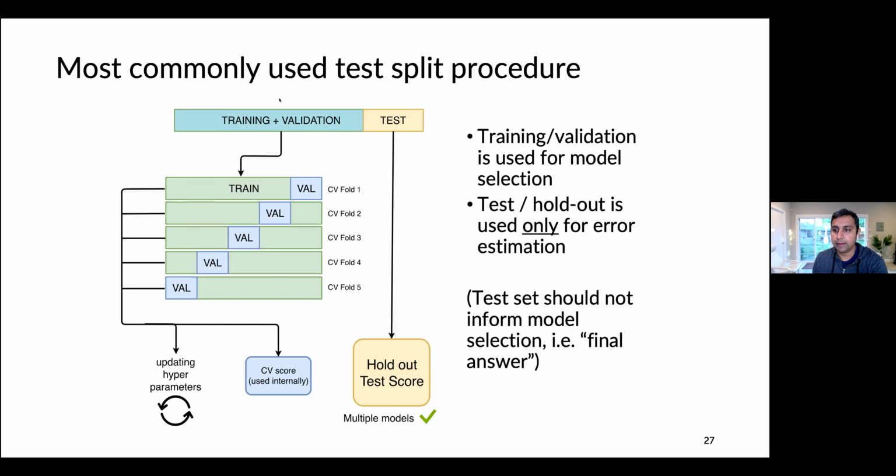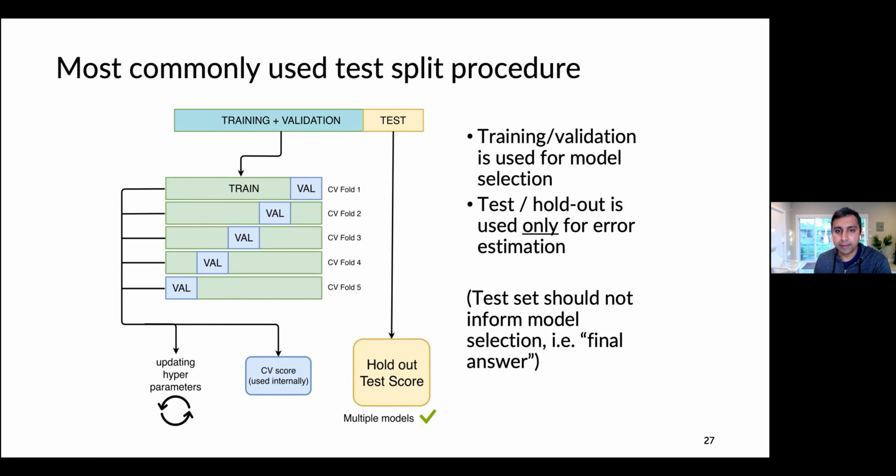And then typically what would happen is that in the training data, you would internally split that into a training and a validation set. You would use that to help do your model selection and your model hyperparameter optimization. And then when you're finally all done, you run it once on the test set. And then you don't go back and rerun everything because you already used the test set, so it's kind of burned. So that's a typical procedure.